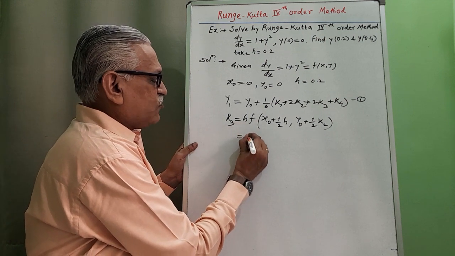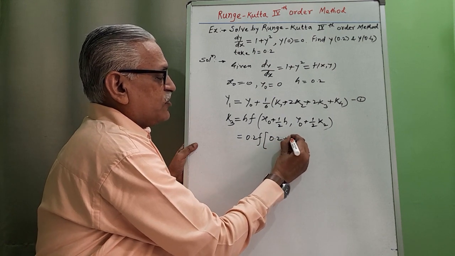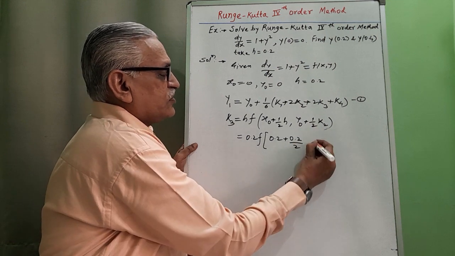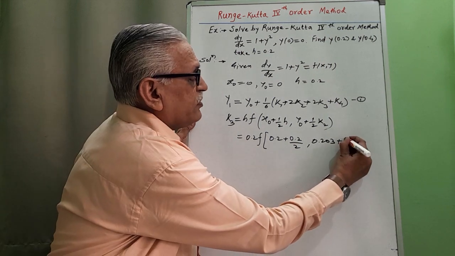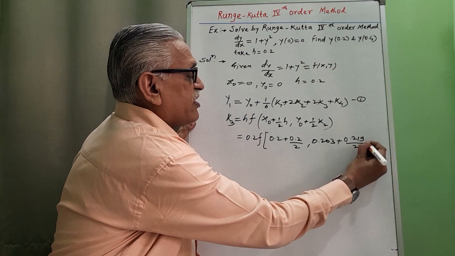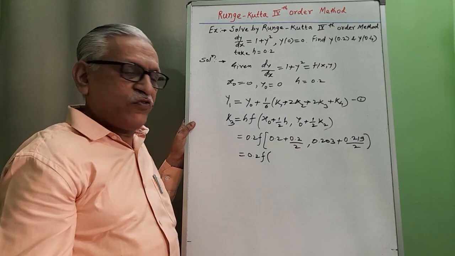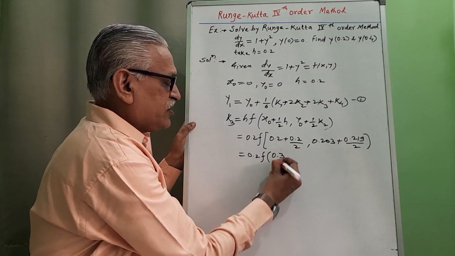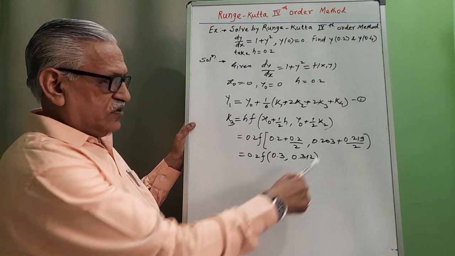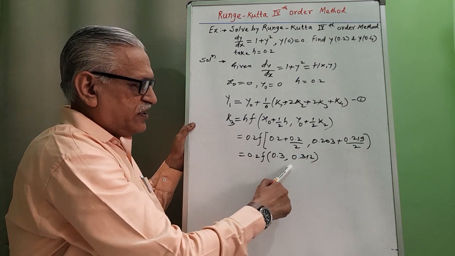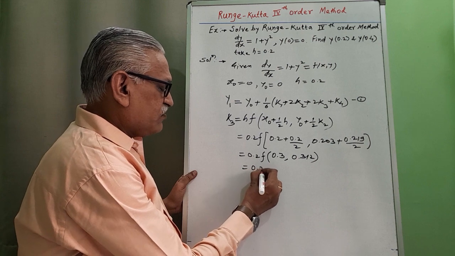Substituting the values, h as 0.2, function of x0, 0.2, h is 0.2 by 2, y0 is 0.203 plus k2 0.219 divided by 2, and therefore it is 0.2 f of 0.2 by 2, 0.1, 0.1 plus 0.2, we get that value as 0.3, and this one as 0.312. 0.219 divided by 2 plus 0.203 by calculator, it is coming as 0.312, and therefore 0.2 multiplied by 1